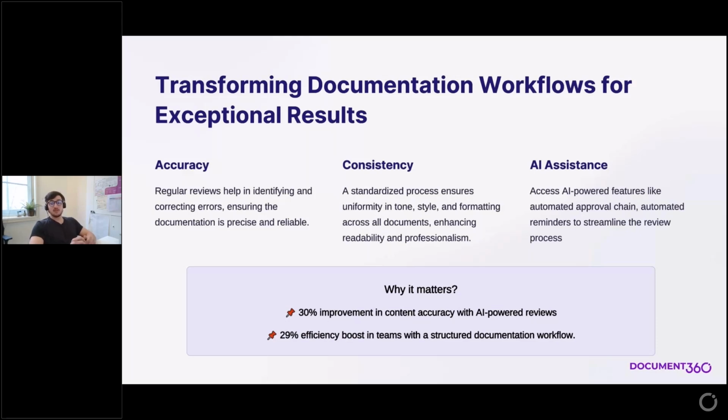Furthermore, a structured documentation workflow is essential for streamlining the entire process, from content creation all the way through to publication. By defining clear roles, responsibilities, and processes, you can eliminate bottlenecks, reduce errors, and ensure that documentation is delivered on time and within budget, thanks to having that scalable foundation. So teams with structured documentation workflows experience, on average, a 29% efficiency boost. This translates to more time for strategic initiatives, innovation, and collaboration. But accuracy and efficiency are only part of the